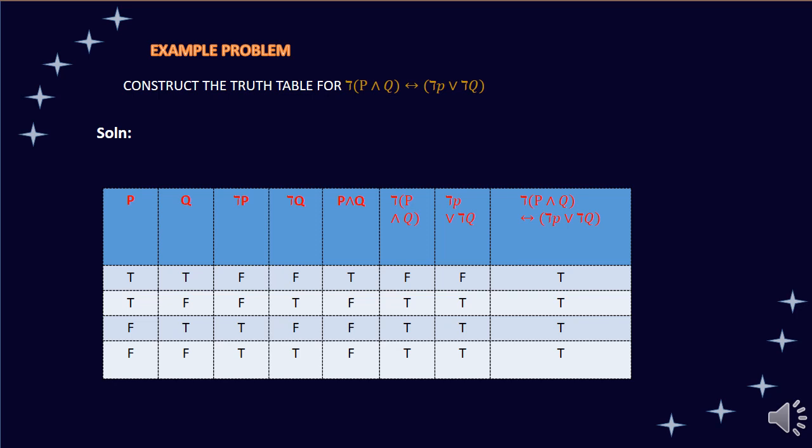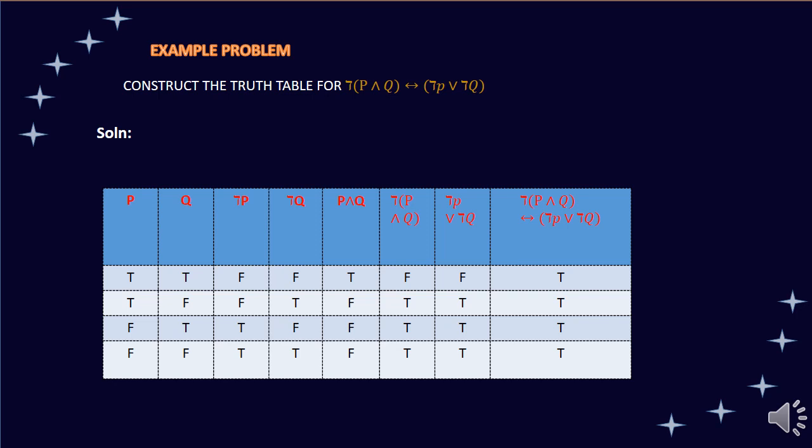Next, negation P or negation Q. We want to combine the third and fourth columns. First is false, or false, it will come false. False or true, it will come true. True or false, it will come true. True or true, it will come true. The last column is negation of (P and Q)